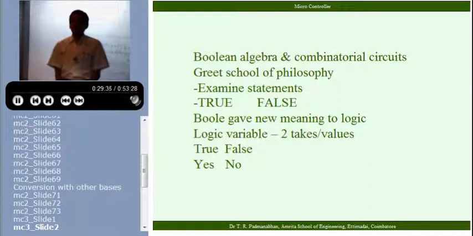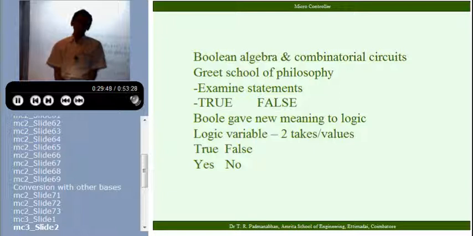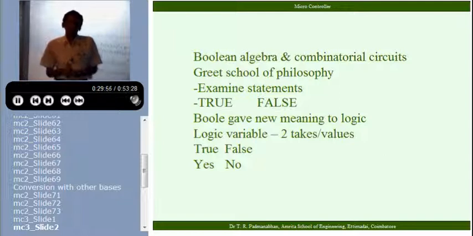But sometime in the 18th century or so, Boole evolved what is called Boolean algebra. Just as we have number algebra, in Boolean logic he said a state, or an activity you are doing, has only two states, yes or no, true or false.